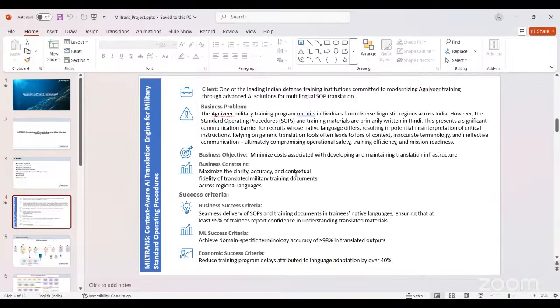It is all about Agniveers, Indian Defense. We have Navy, Army, as well as military. The Agniveer program is one the Indian government recently came up with, which is Agniveer training. It's all about 4 years.